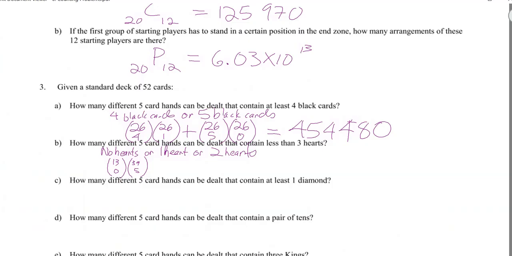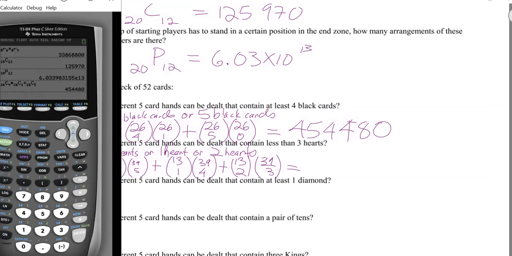So 39 choose 5. Or 1 heart, 13 choose 1. 39, and we need 5 cards in total, so 4. Or, which is plus, 13 choose 2, 2 hearts, and 39 choose 3. And that is equal to